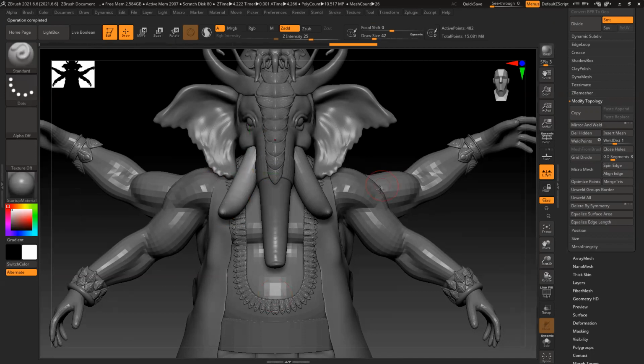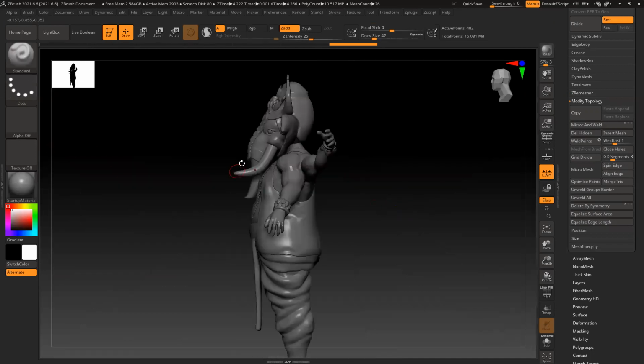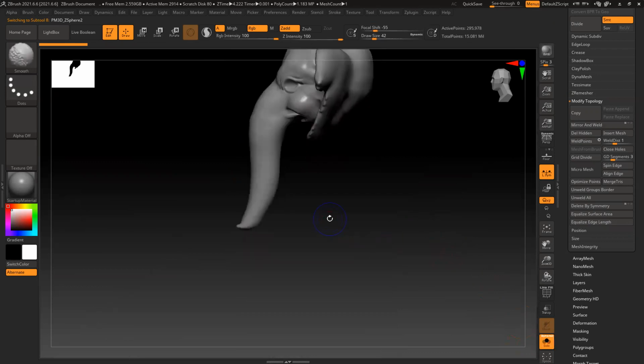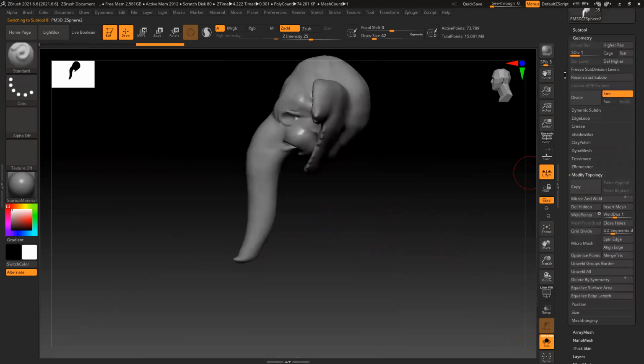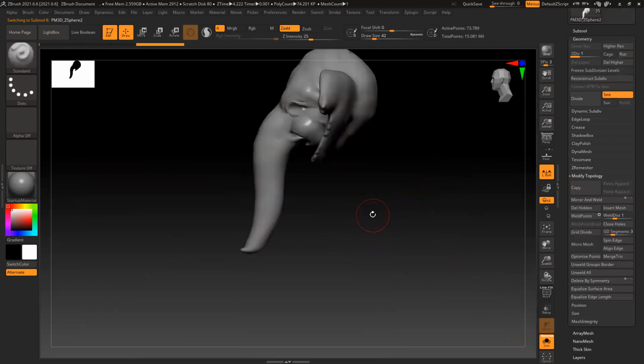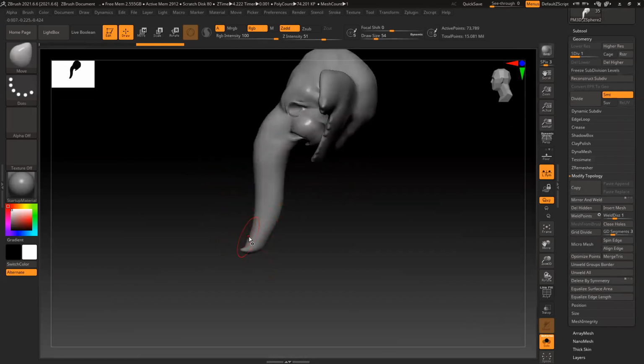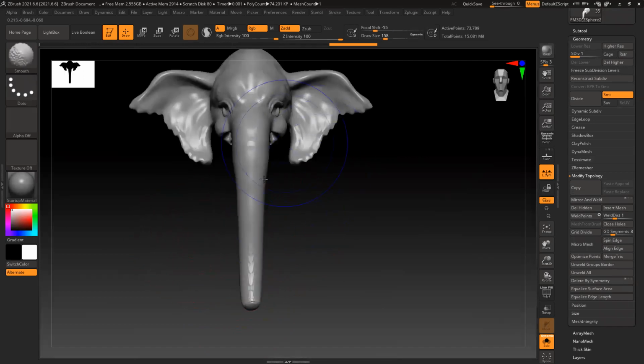Now there are two things I need to fix, starting with the elephant. It's very small, so I need to make it bigger. There is not enough subdivision, so let me spawn it. I'm not bending it right now, and I'm not creating that knot yet. I'll just keep the basic shape, everything in symmetry, so everything I create, like jewelry, will be easy. Once I'm done with that, then rotate it.